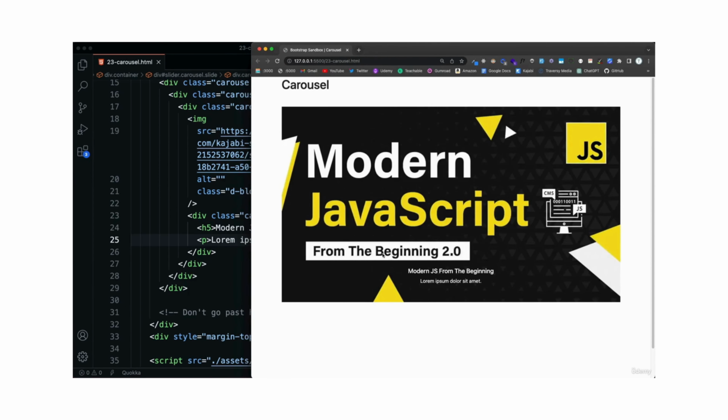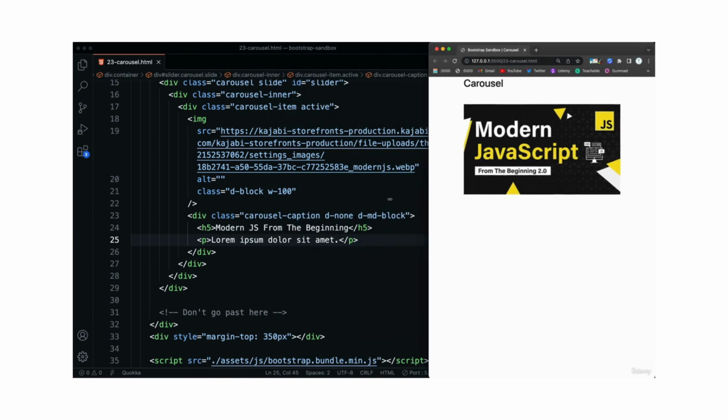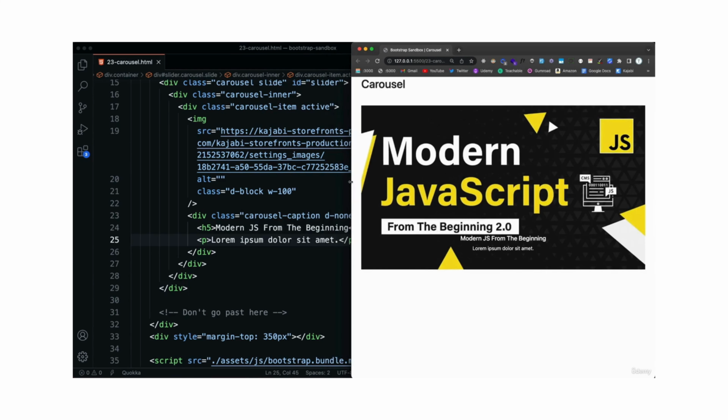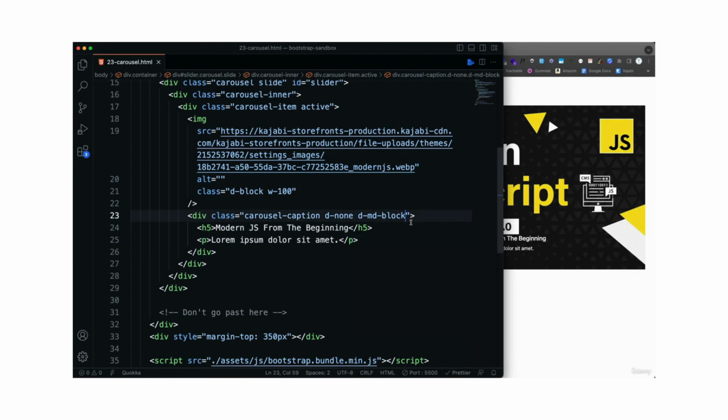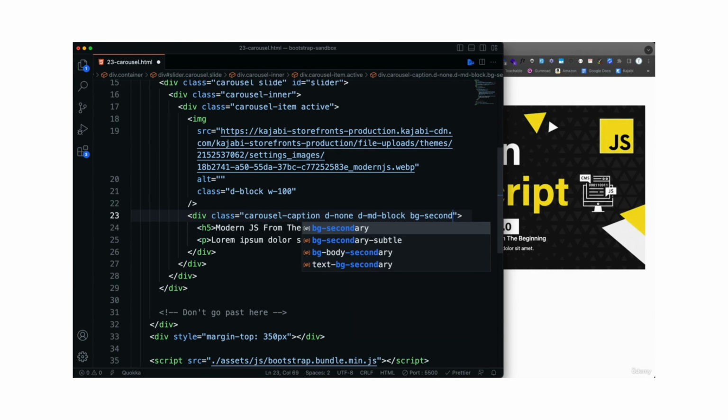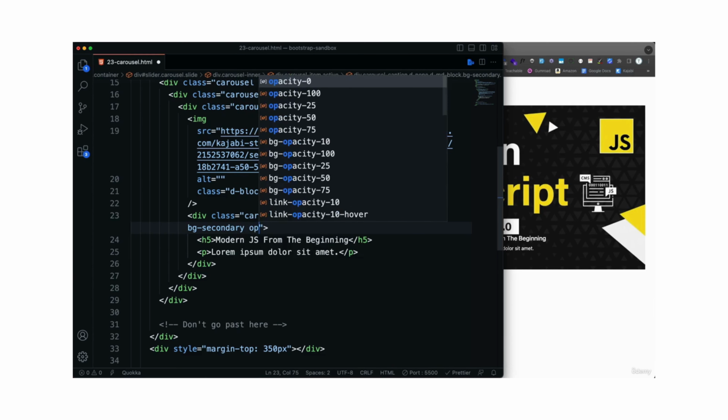I mean, the image has words in it, so it looks kind of weird, but you probably won't have words in your image, or if you do, you won't have a caption. But I want to show you how you can do both. And you can style this. So for instance, I could do on the caption BG, let's do secondary,